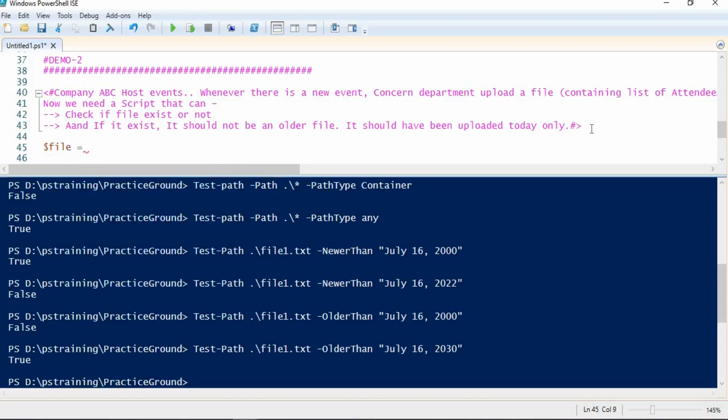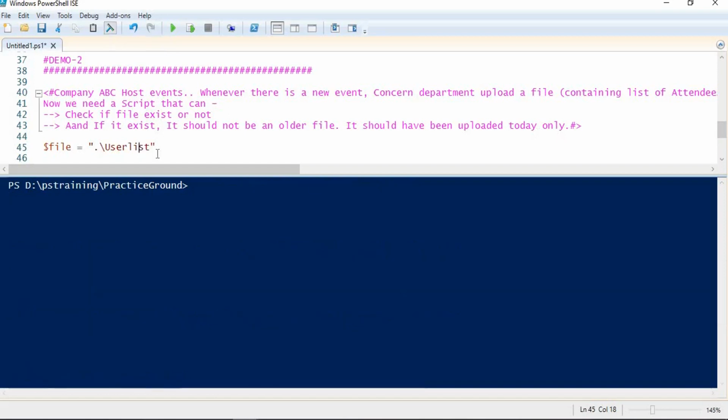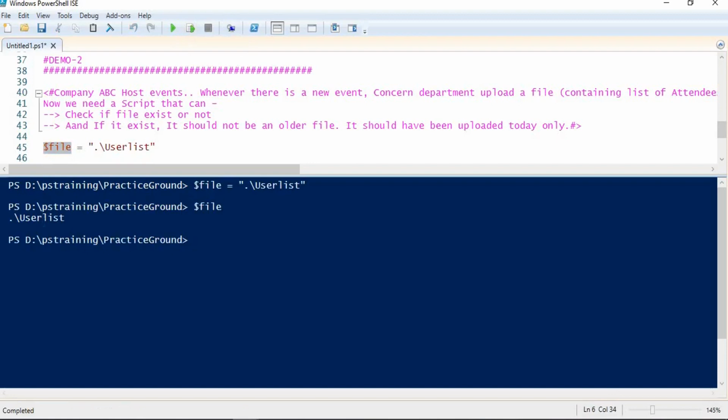Maybe the file is like in the current folder, the list. Let me clear the console first so that we can get more space to see things exactly. If I run this command and check the value of this variable, it is showing user list. Let me make it a txt file.